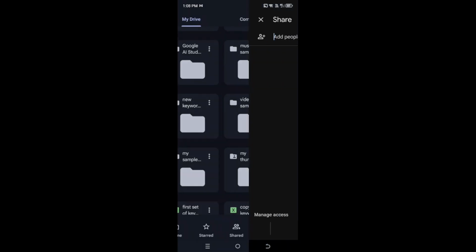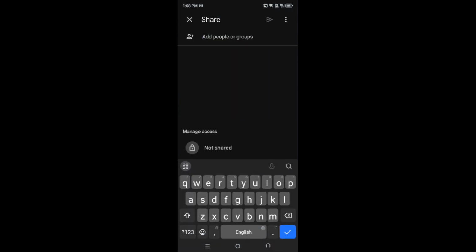Next, enter the email address of the person you want to share the file with. You can choose whether they can view, comment, or edit the file by adjusting the access permissions before sending the invitation. If you prefer to share a link instead, tap Manage Access or Copy Link, then change the link settings